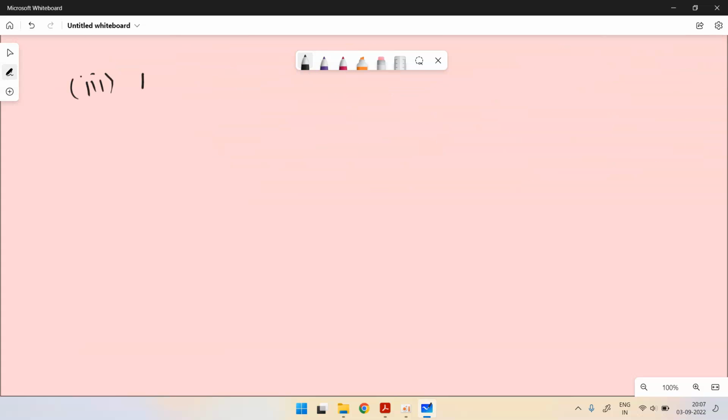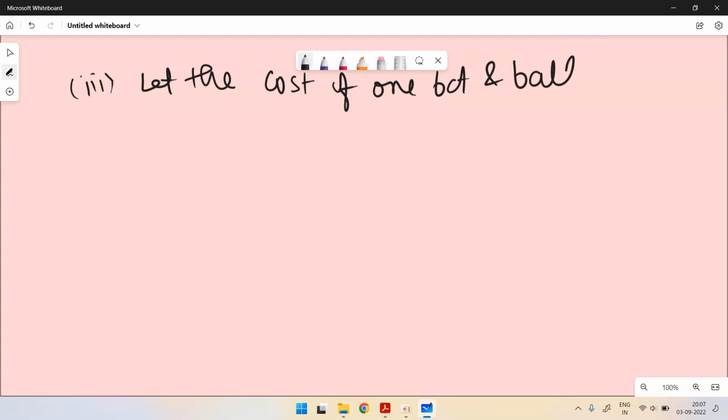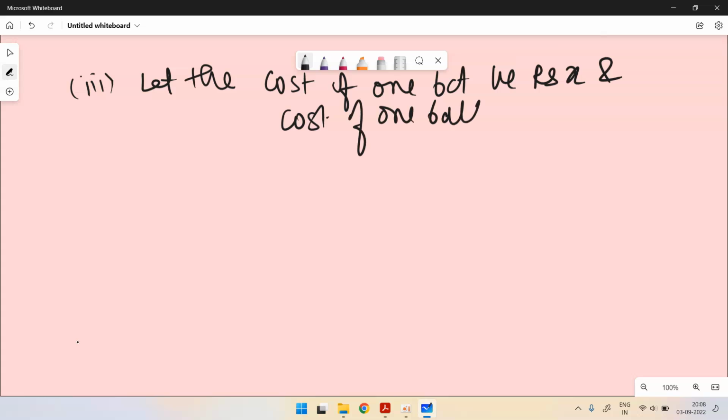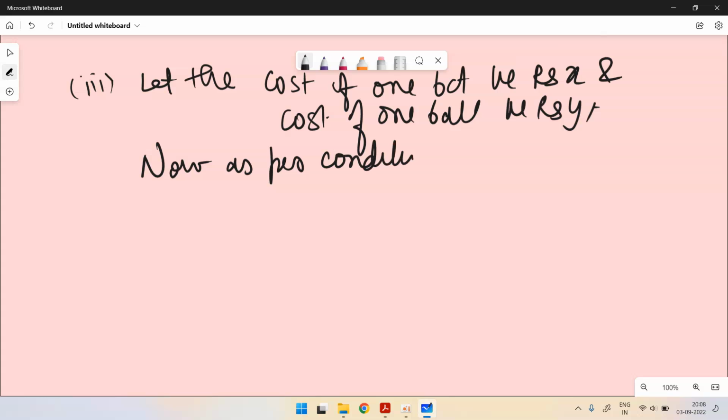So let the cost of one bat be rupees x and the cost of one ball be rupees y. Now as per the condition given,